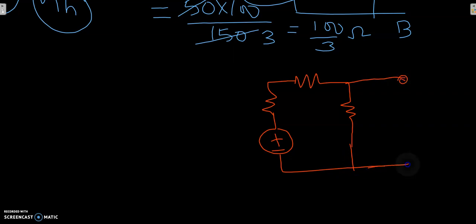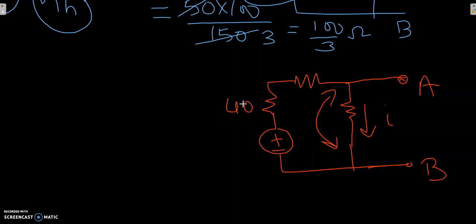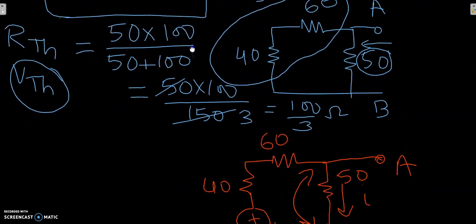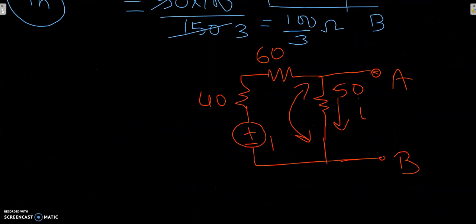This is point A and this is point B. I'm interested in finding out the current through this resistor so that I can find out the voltage that would be appearing across A and B. So this is 40, this is 60, and this is 50. And the voltage here is 50